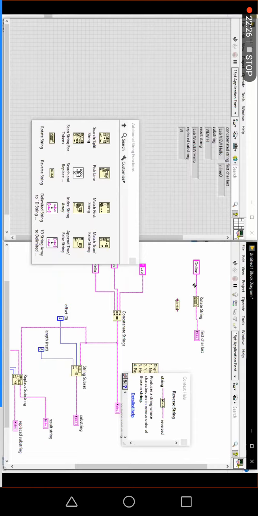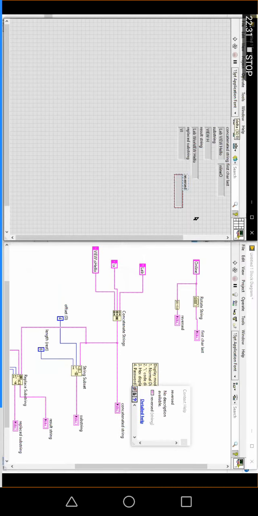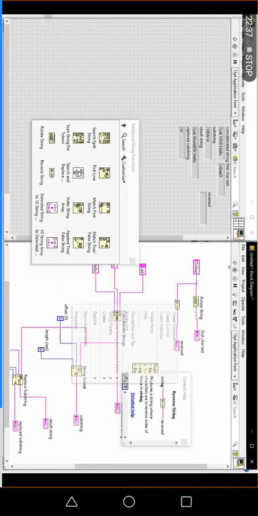Here only one character will rotate, we cannot rotate all the characters or the desired number of values. So only one character will go to the last place, so the answer is that O will go to the last position. This is the output you will get in rotate string, only one rotation will happen. Reverse string means the entire string will get reversed, so you will get ENILNO. That is rotate string and reverse string.